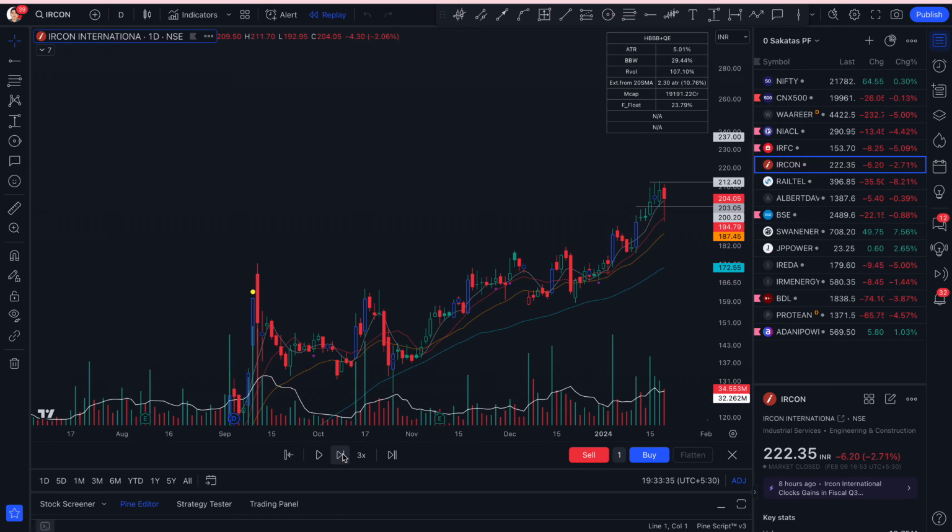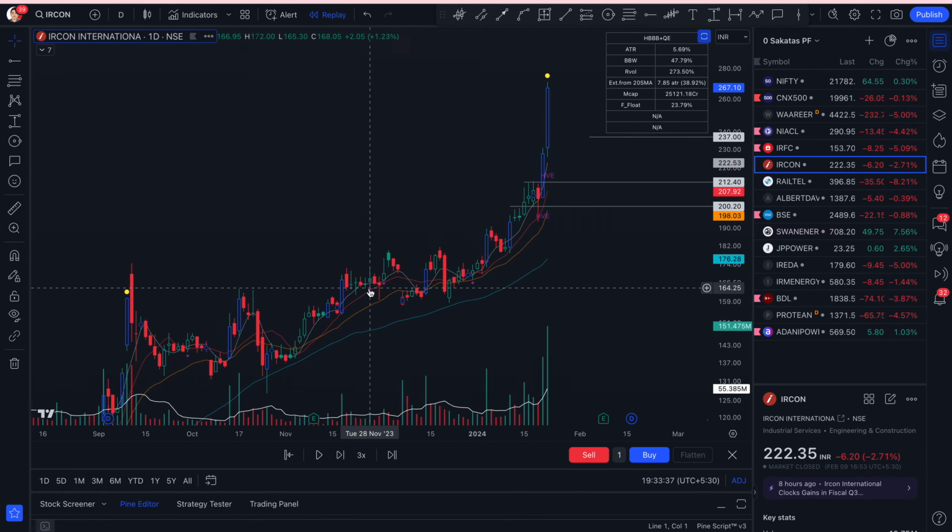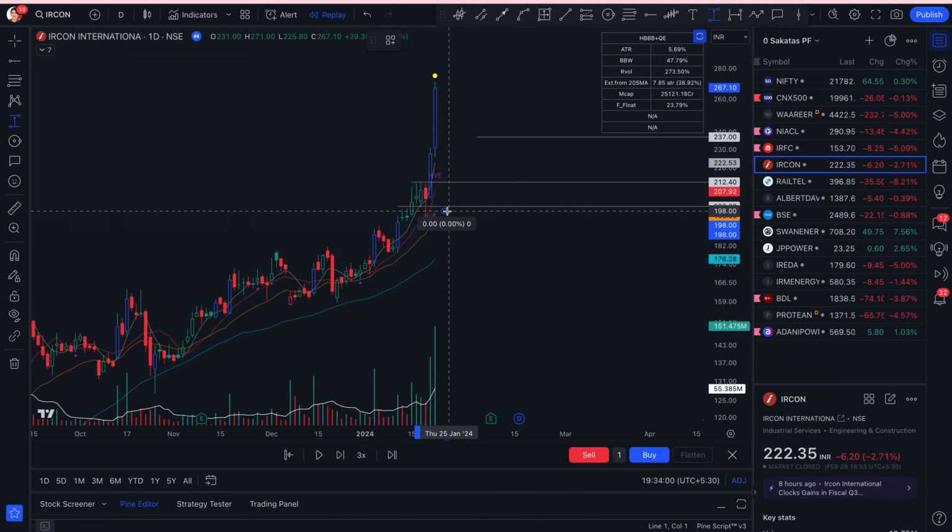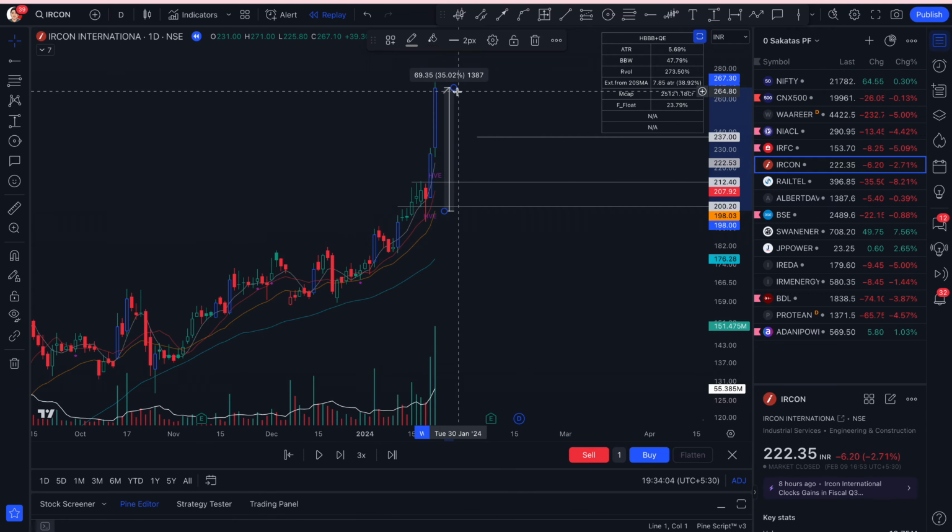If we move next, right? On this day, IRCON, the yellow dot indicator appeared, and this basically means, in my definition, an overextended stock. Now, why? What I've measured is the extension from the 20 SMA. My definition of extension is the close price's distance from the 20 DMA, whatever that might be. In this case it's 35%,